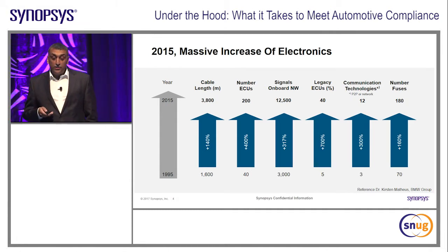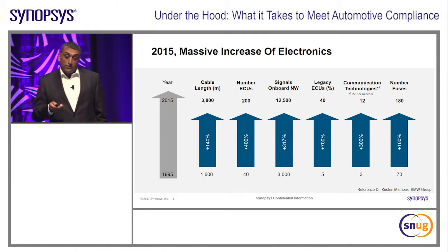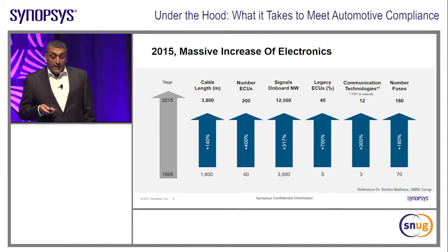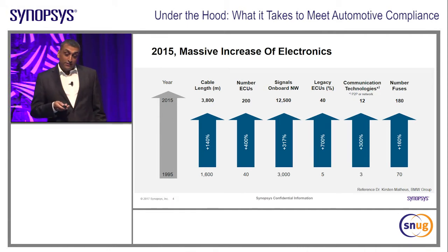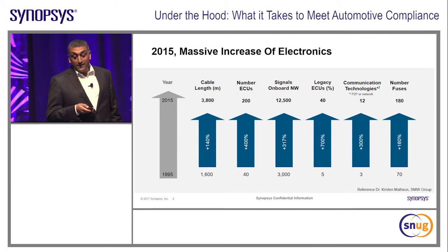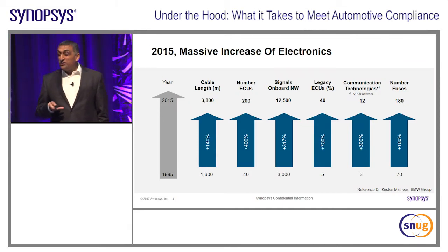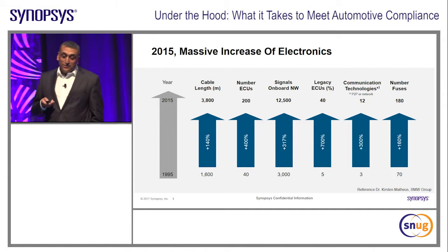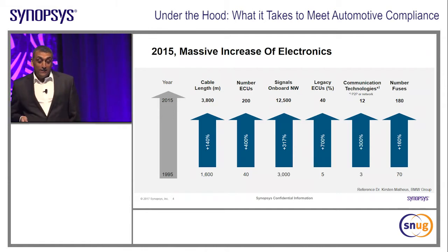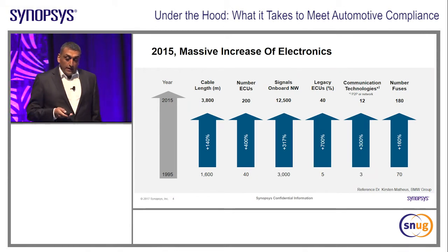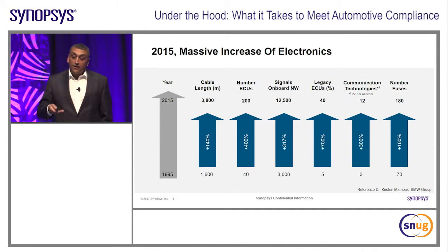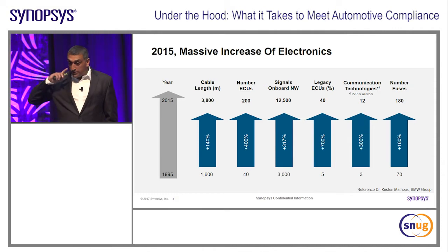There are also legacy ECUs employed in cars that do a lot of these support functions. And then other interesting statistics include the amount of cable that's used in a car. So 3.8 kilometers, that's almost 2 miles. So you've got almost 2 miles of actual cable running around a car doing a lot of the signal carrying of the ECUs. I'm going to look at the communication technologies that are in the car, and this is what forms the interface IP portfolio that we'll talk about in terms of automotive-grade